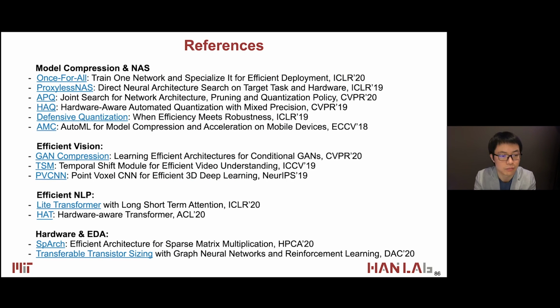So here is a complete reference of our line of work covering model compression and neural architecture search. And the applications range from computer vision to natural language processing to make it more efficient for those mobile and edge devices. Okay, and finally we have the hardware design and EDA to support those sparse and compressed models. So this is the full stack design covering both the applications, the tools such as the Once-for-All method or